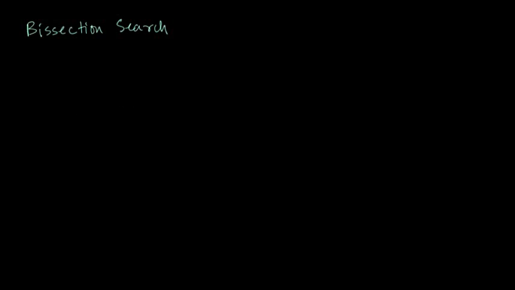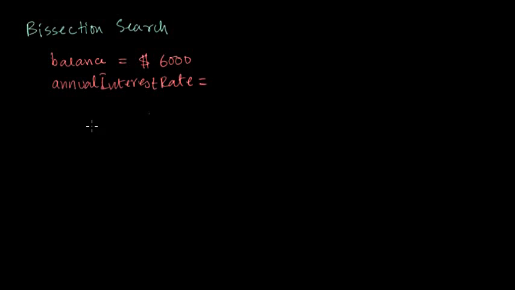Essentially, we are given a balance, say something like $6,000, right? And we are given an annual interest rate. Remember folks, these things are in camel case. So let's say this is 0.18. Okay,